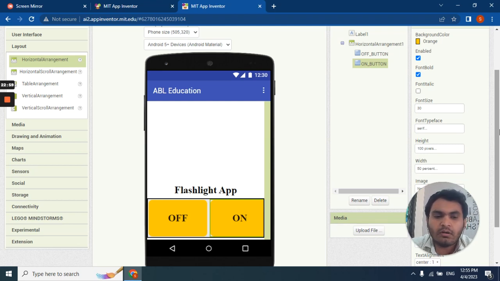So now you can also try the app by changing or adding some modifications. Try creating this app by changing some of the features or by adding some modification for the app. That's all for this video. Thank you.